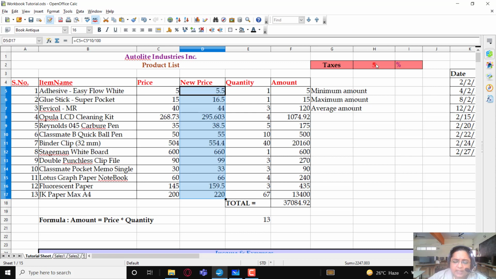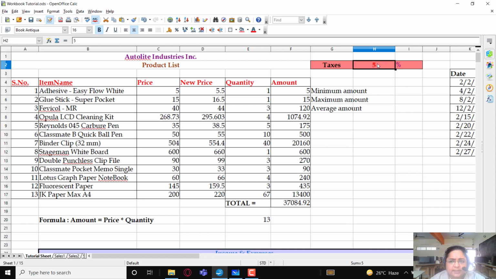You can see that I have also kept this 5 value within one particular cell here, and here you have taxes written. Now taxes is a text, a string object, so that is why I have kept it in a separate cell. Make sure that whenever you want to use any number somewhere, it has to be in a separate cell.